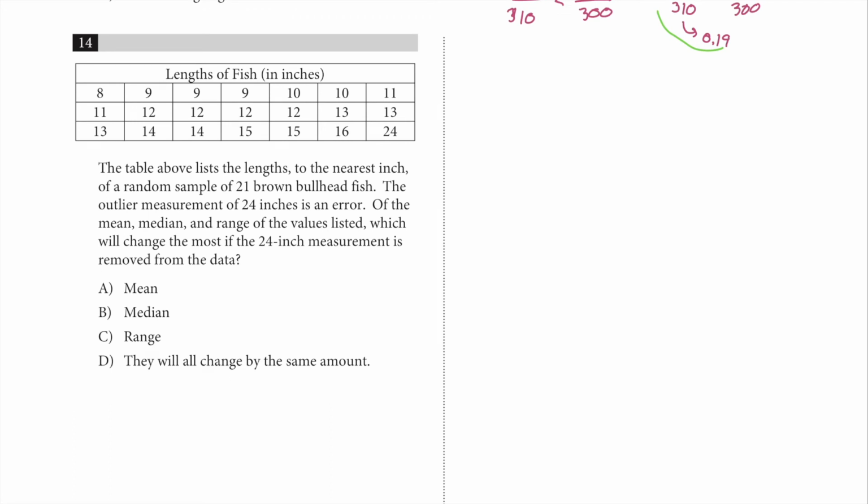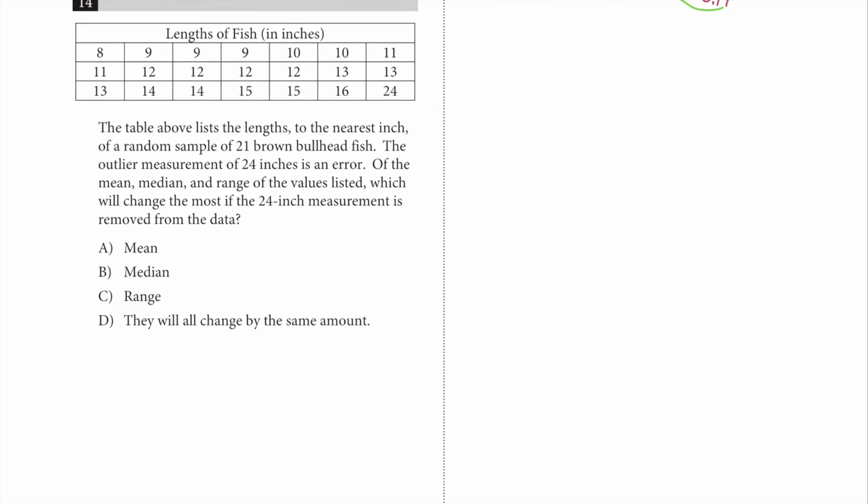The table above lists the lengths to the nearest inch of a random sample of 31 brown bullhead fish. The outlier measurement of 24 inches is an error. Of the mean, median, and range of the values listed, which will change the most if the 24-inch measurement is removed from the data? So if we remove the 24 from the data, our new range will be 16 minus